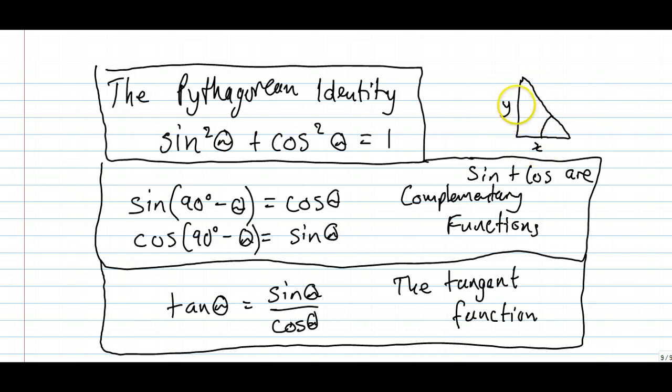Okay, and for any given triangle, if that's the opposite and that's the adjacent side, then we know that sine relates more to the opposite side, cos relates to the adjacent side. So as soon as you change the sine for the opposite side, you're going to change the cos, which relates to the adjacent side. So the functions always give and take from each other, and these 2 equations show how that's true. The third bit of extra information is the tangent function, expressing it in terms of sine and